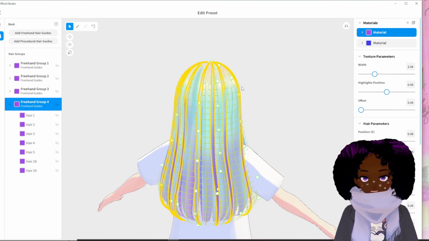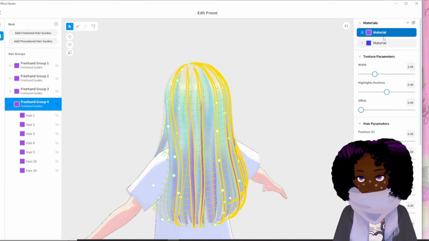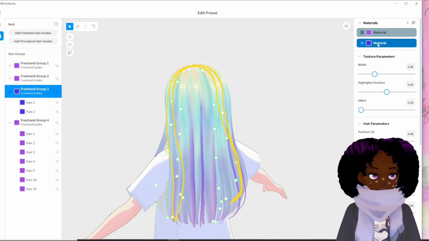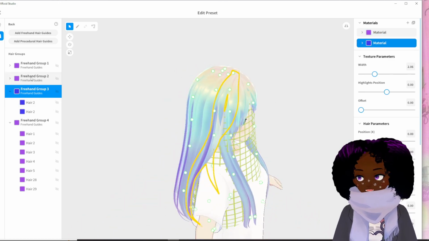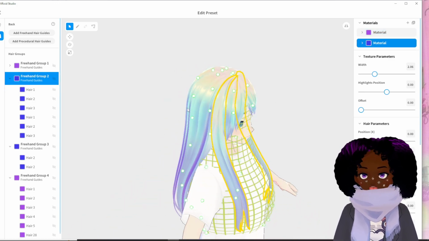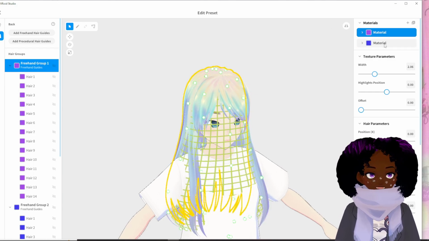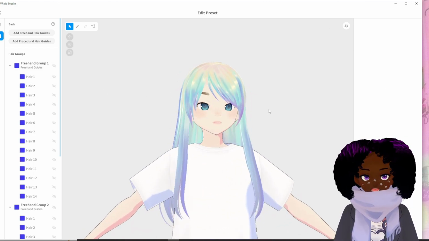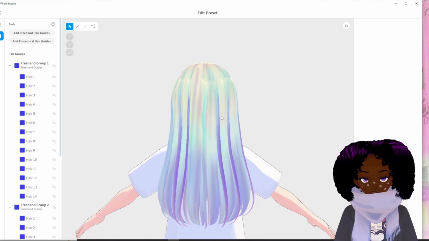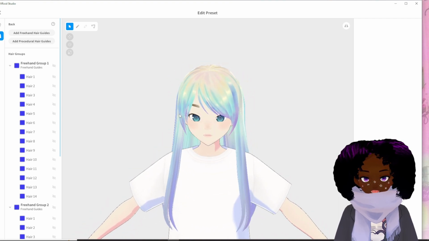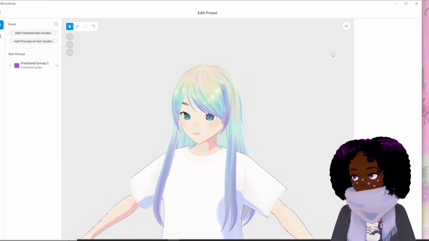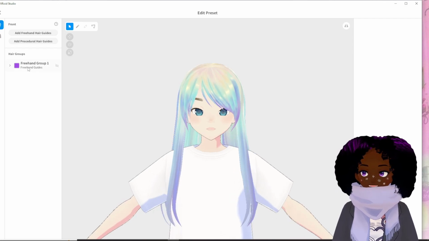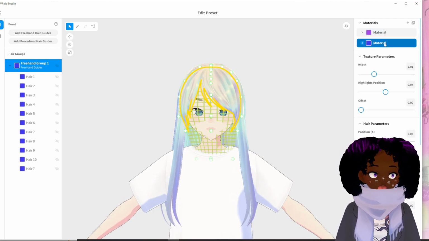So for this, I'm going to keep those ones the same, but for this lower layer, I'm going to change it to this one. It's pretty much the same look that I have going on. I think there's some brighter pieces. And then just play around with where you want each texture to go.